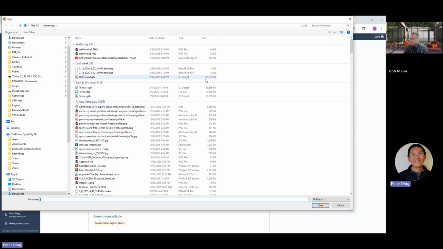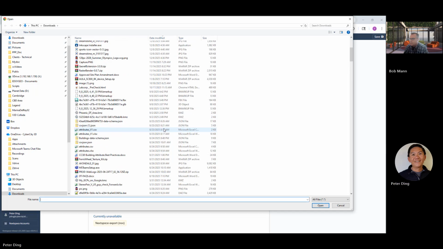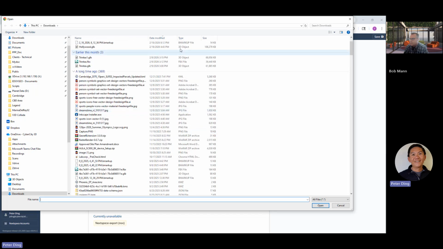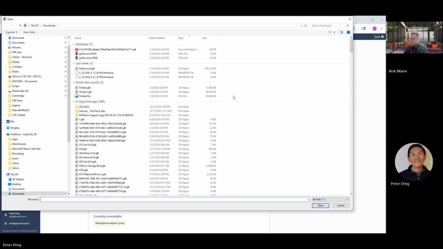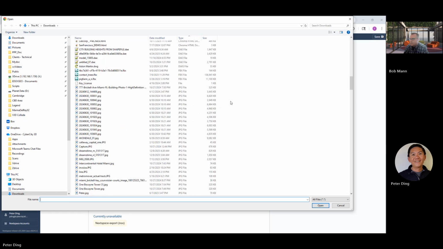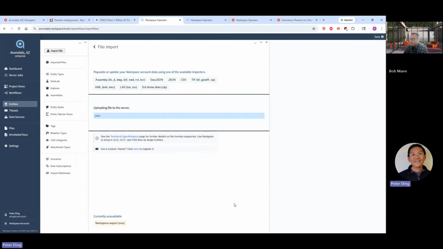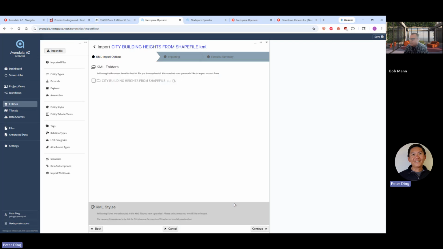Let's see if I have anything sitting around that you can grab. Once you bring the data in, city building height from shapefile,